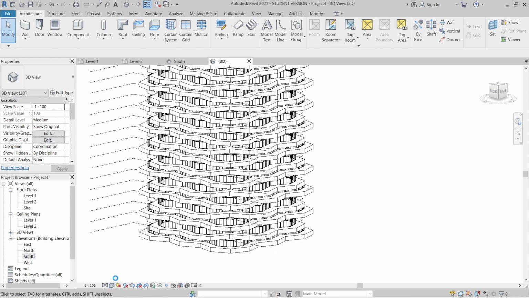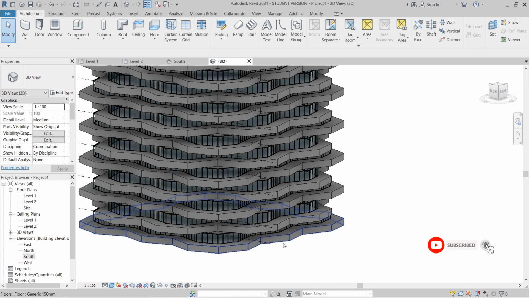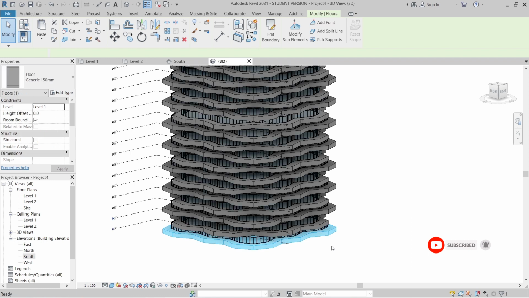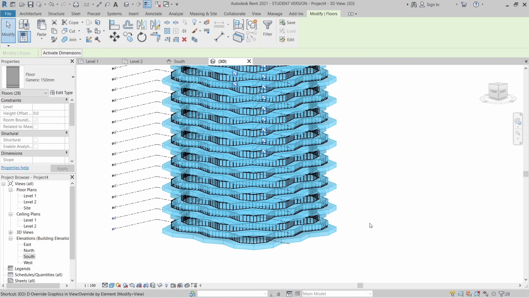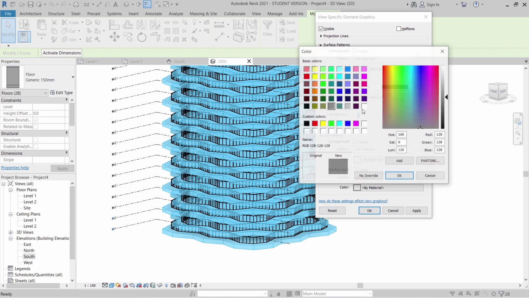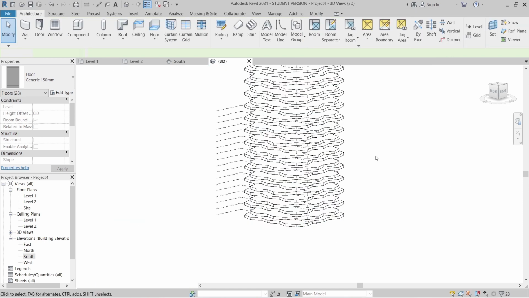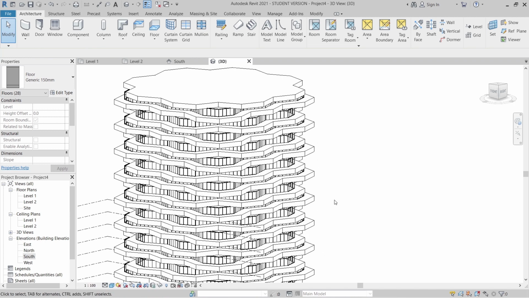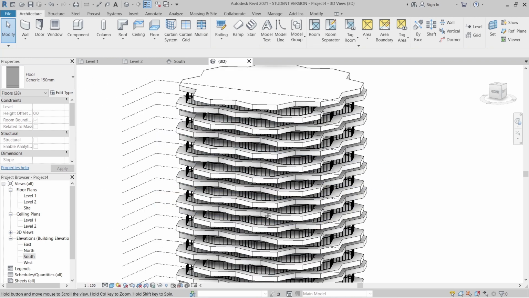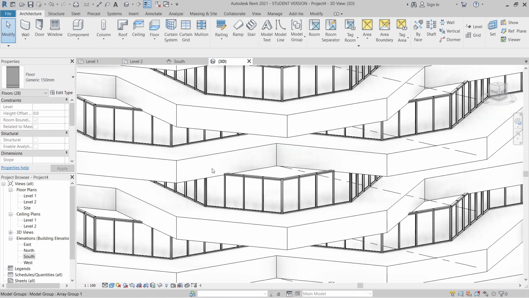Okay, I know the reason why it became darker here. I can simply select here and SA for shortcut key and EOD for override graphic shortcut key, and use this one for white color. Apply. Okay, as you can see, it's quite realistic and quite interesting for our design here. But of course, when you zoom in closely, you might see some problems. This is the reason you need to make adjustments.